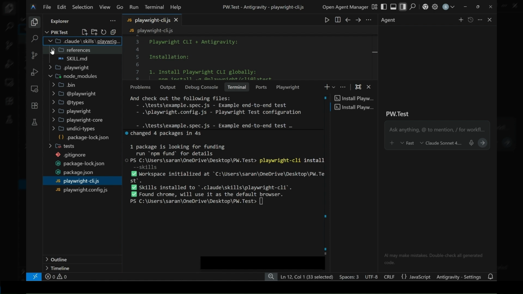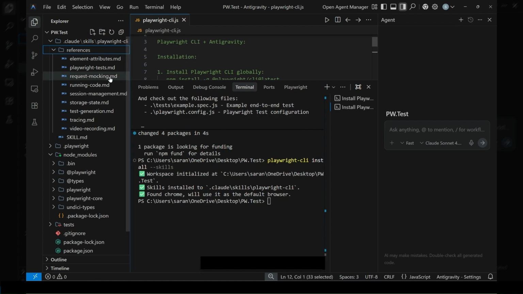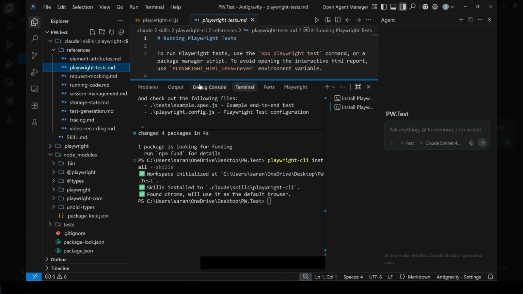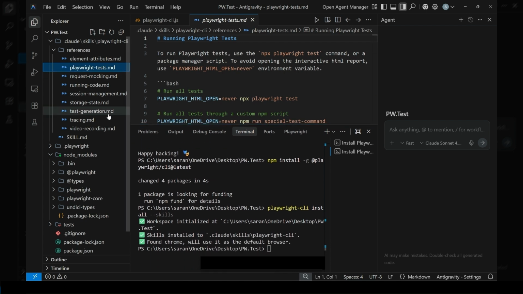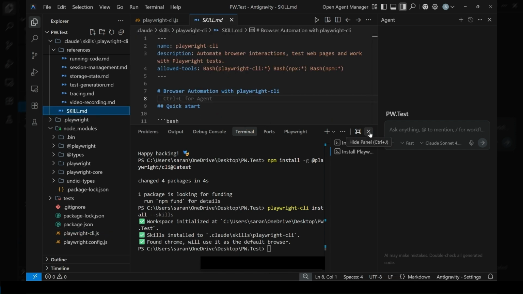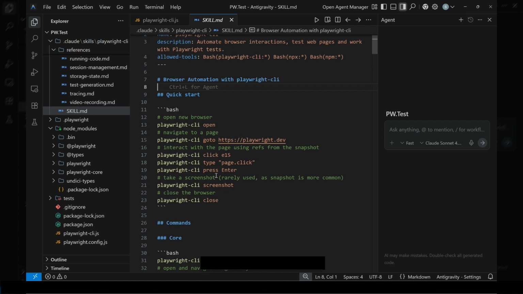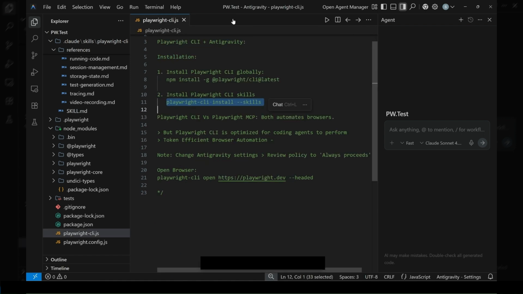As we said already, this is a skill based automation. So different MD files are generated in order to generate the Playwright test and to help with the automation. There are a lot of MD files. Along with that, there is a skill.md file. The skill.md file has all the commands for how to use playwright-cli. So this is playwright-cli open, or go to the web. We'll see how this is working, but these are all the instructions which are installed after we run